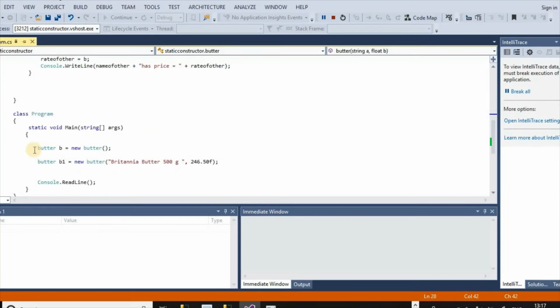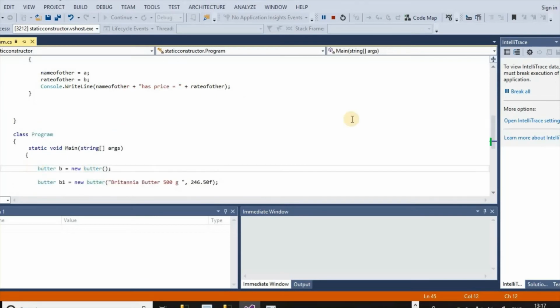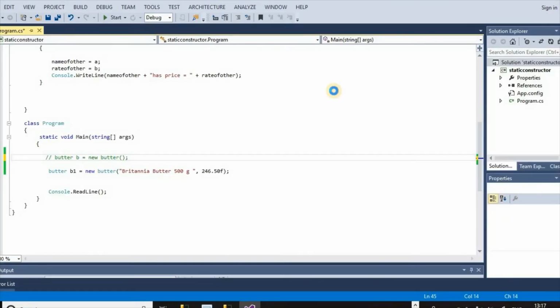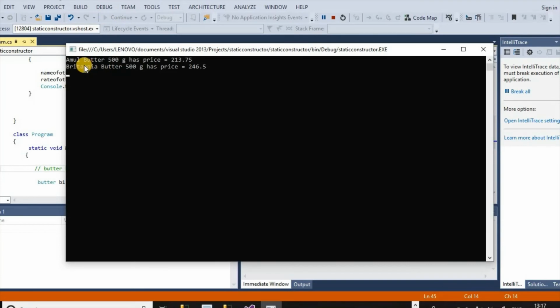If we want to call this constructor only, then now we get this result. Here the static constructor is invoked first, and then this parameterized constructor is invoked, so we get this result.